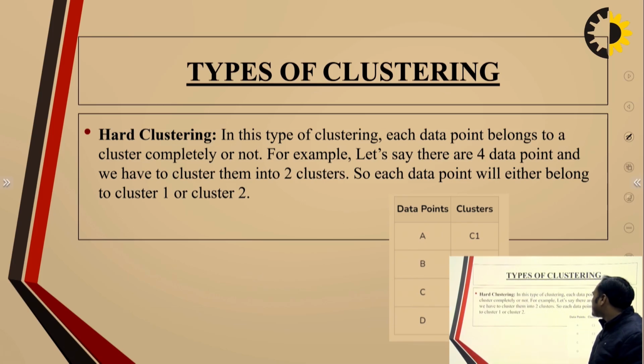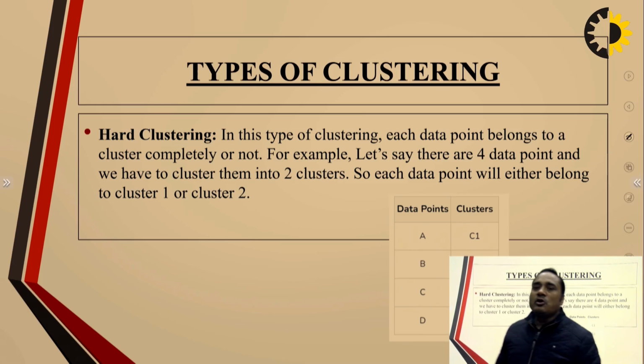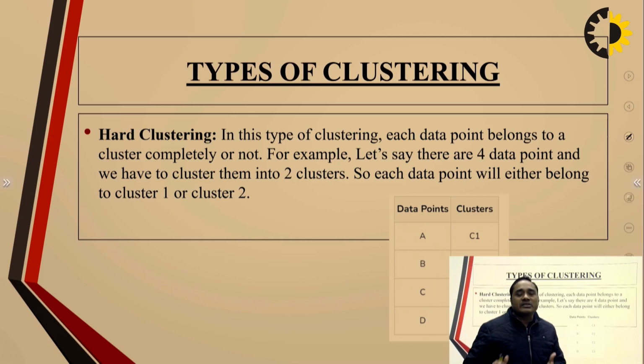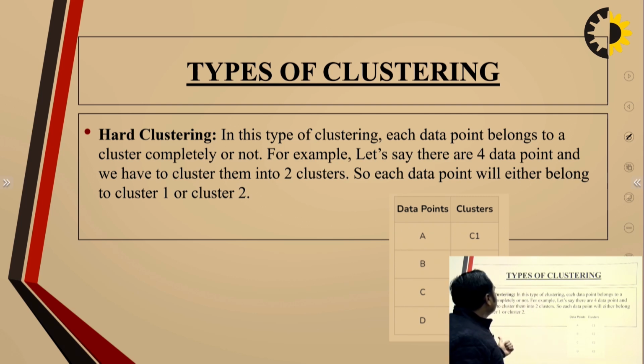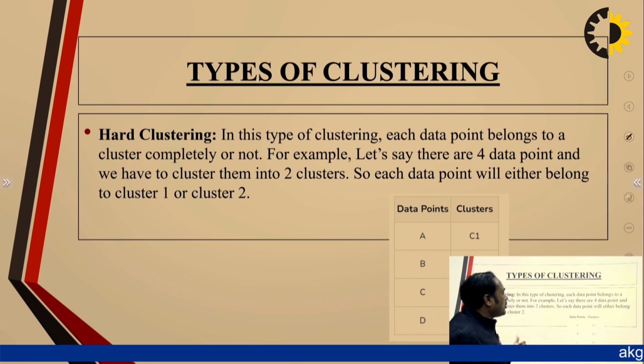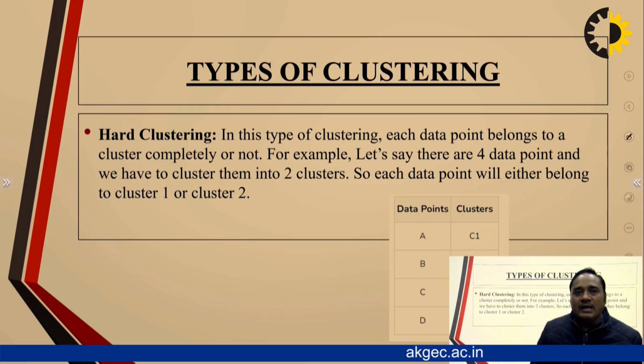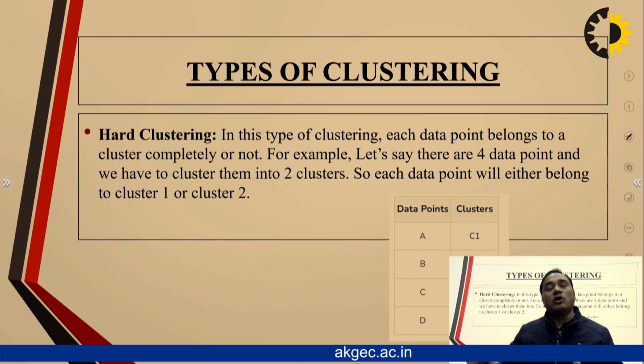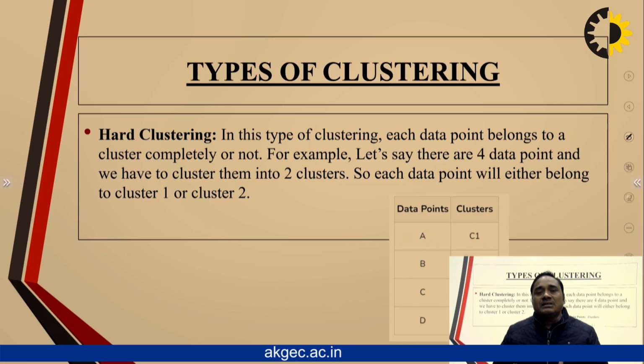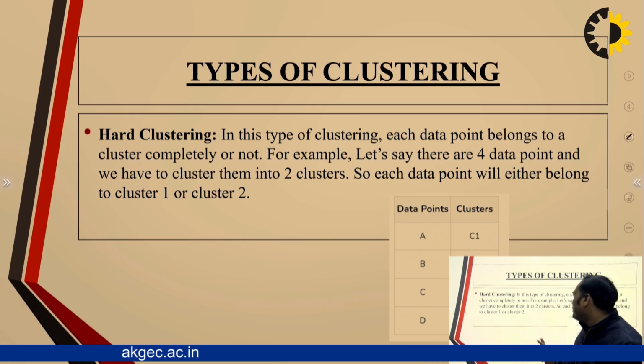Now, types of clusters. Why is clustering divided? Because we have different types of clustering techniques. Hard clustering means that in this type of clustering, each data point belongs to a cluster completely or not. Hard means a cluster is completely available in the data set. For example, let's say there are 4 data points and we have to cluster them into